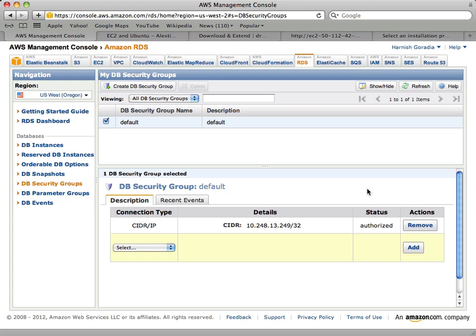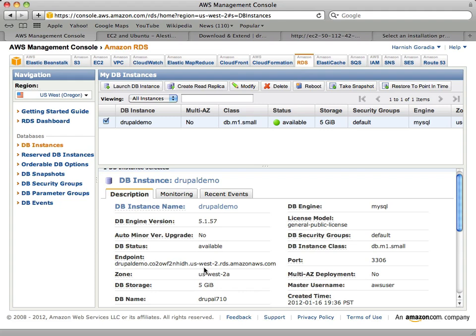Authorized. Now, if you had multiple EC2 instances, you have to add their address in the database security, each individual one. Yes. However, you can do all of this programmatically.